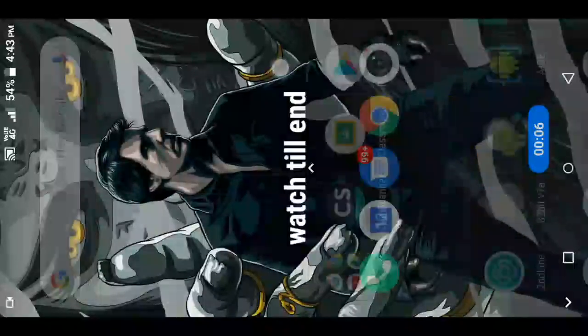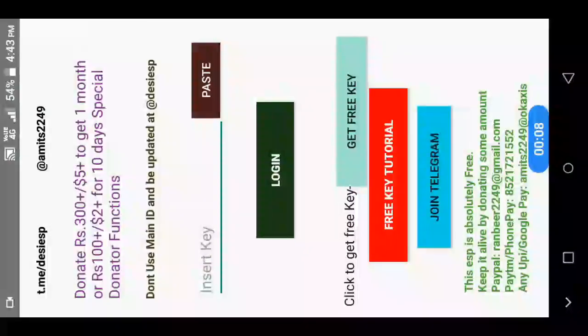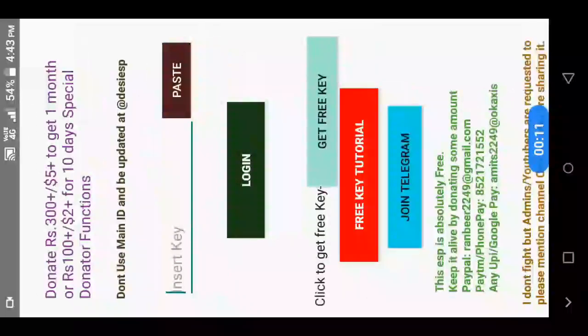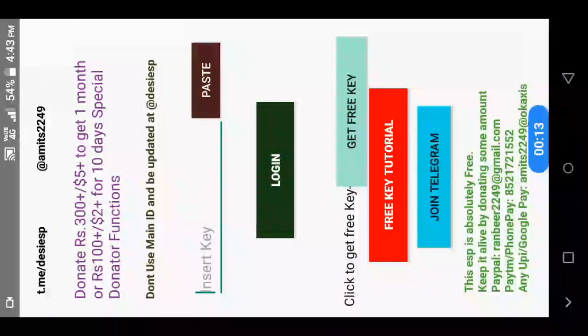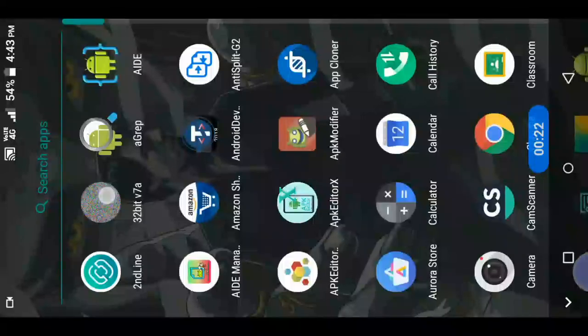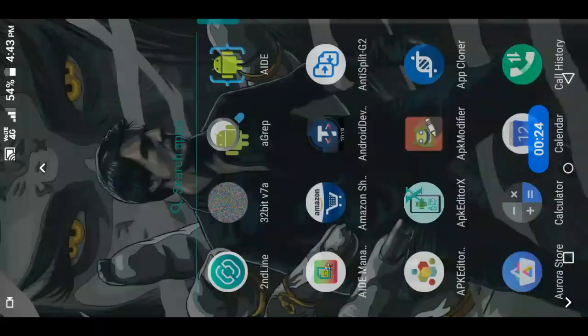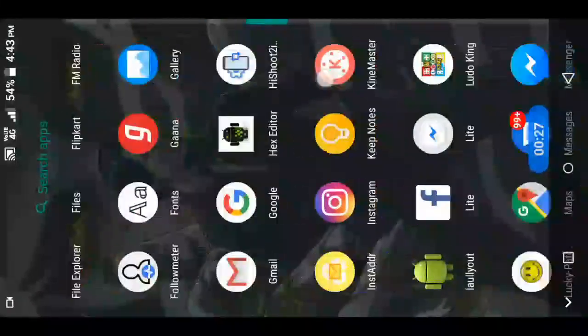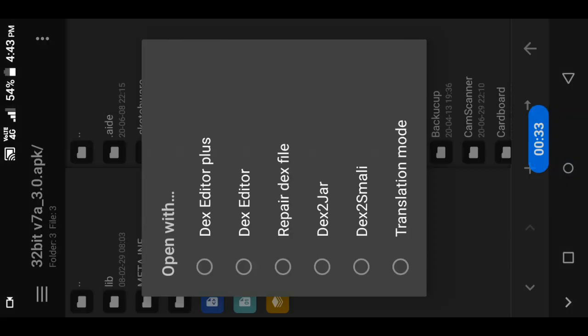So in this tutorial I am going to show how to bypass this login screen here. In the last video I showed you how to bypass the root verification of this app. In this video I am going to show you how to bypass this login. As usual, I have already backed up this app, you can see. So decompile it. You can see here I have decompiled it.